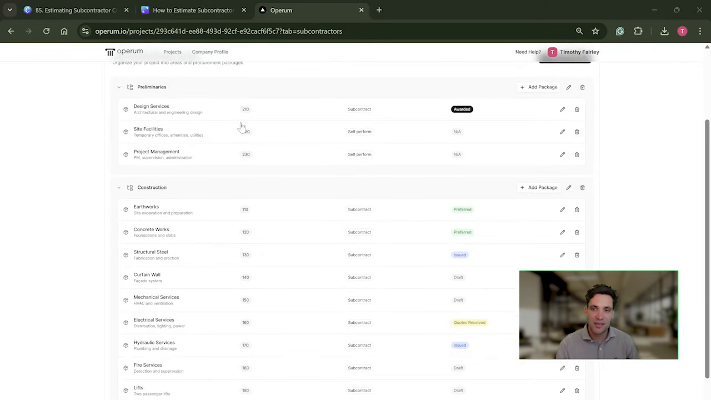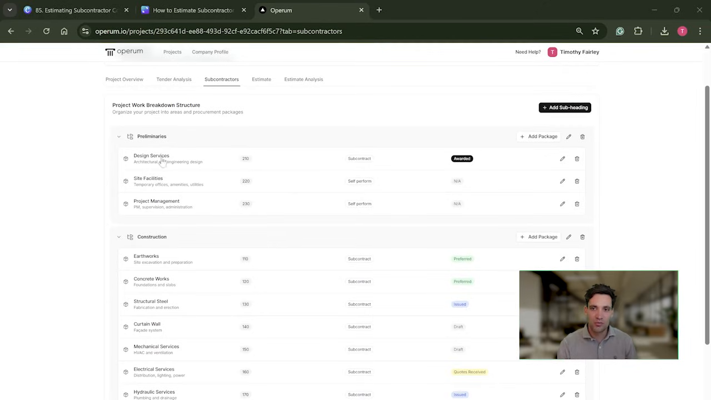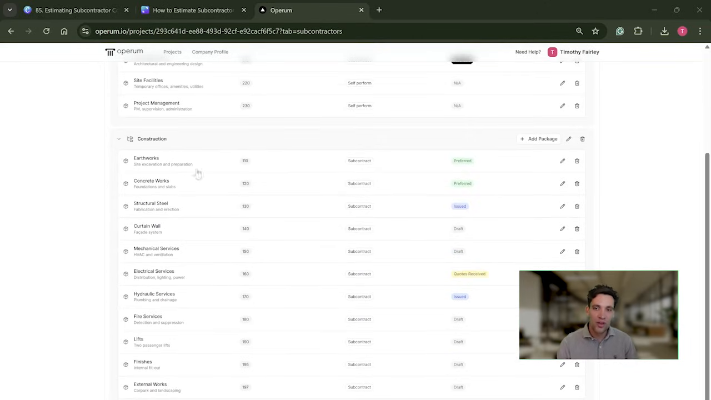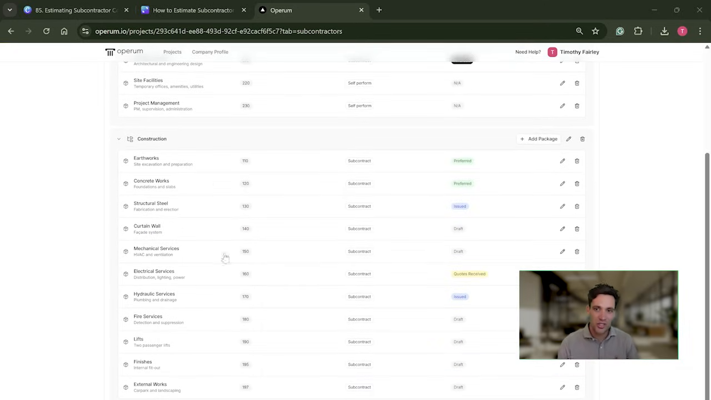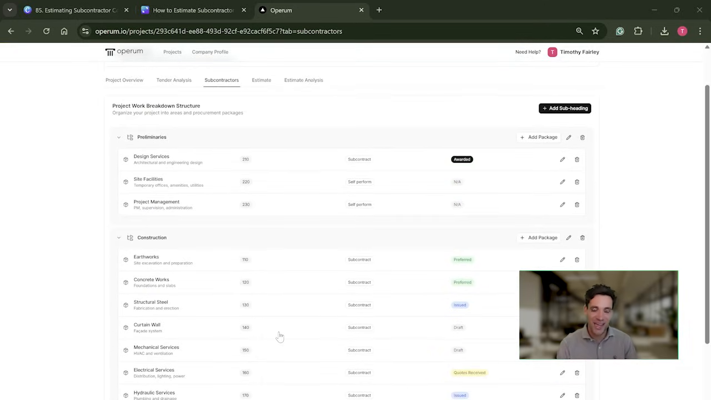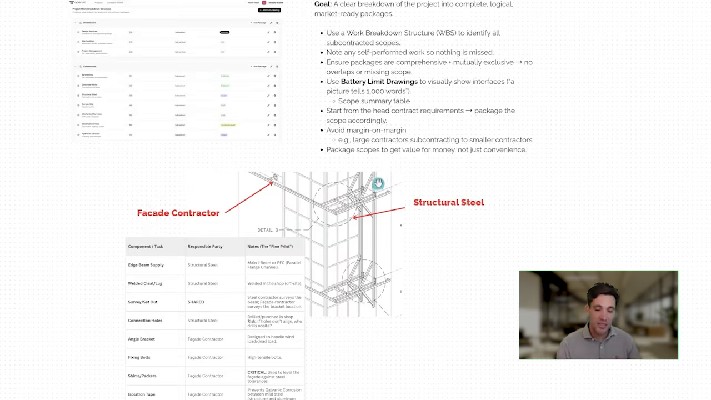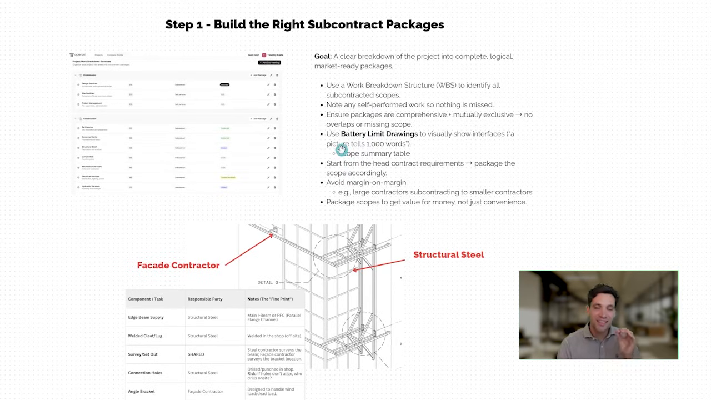This is done in my estimating software Operum, and you can see we've taken a commercial construction project, we've broken it down into some preliminary packages, and also all of our construction packages such as earthworks, concrete works, structural steel, mechanical services, fit out, and so on. So basically, we've taken the project scope and we've worked out a list of packages we need to procure from the market. This is the most important decision that will have the greatest impact on your project costs during the